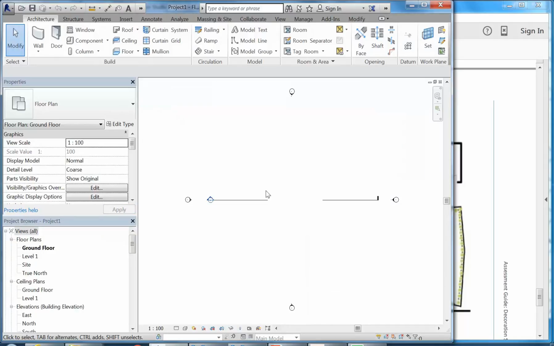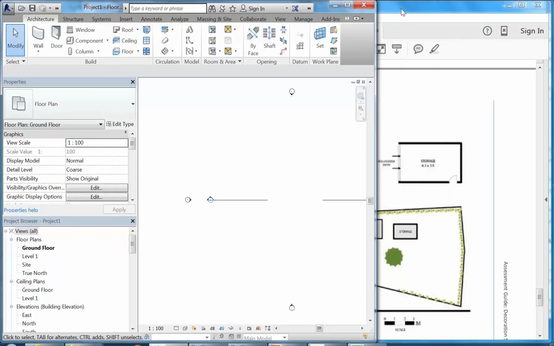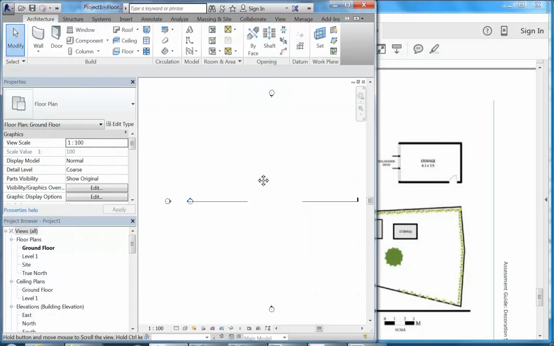And we've got the ground floor view, where for a project like this we can just start drawing to set out the main measurements. So you've got here a showroom which is 10.9 by 4.5. So, oh thanks, yep, cheers, great. Yep. And so I'm going to